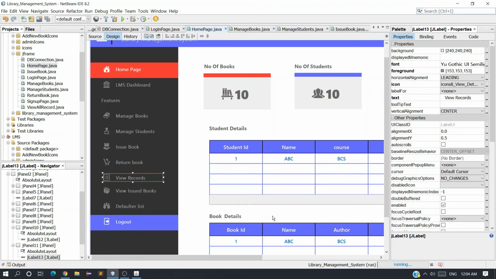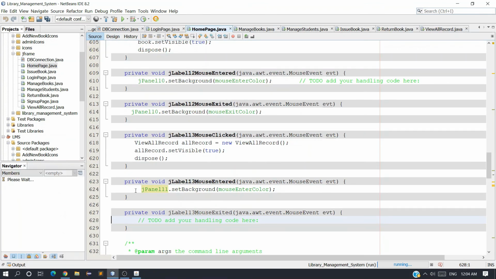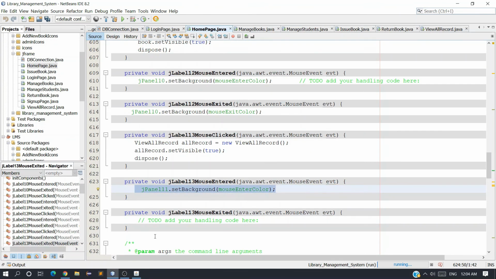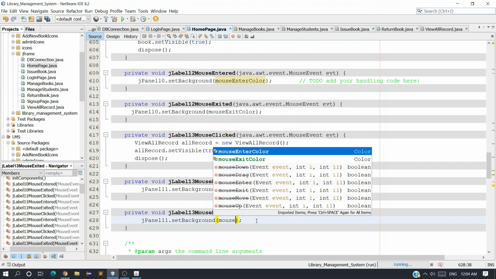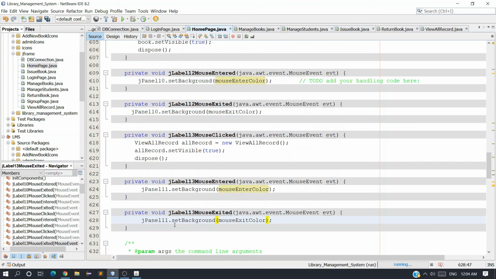So mouse exit, and copy this, and we're going to paste it here for mouse exit color, and the jpanel is 11. Okay, done. Now let's run our project.